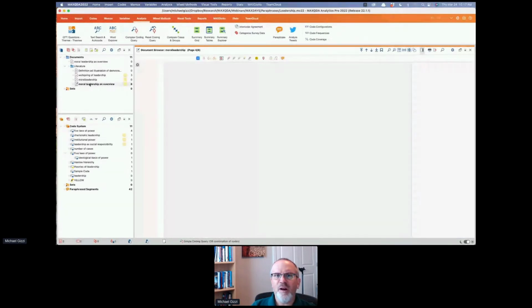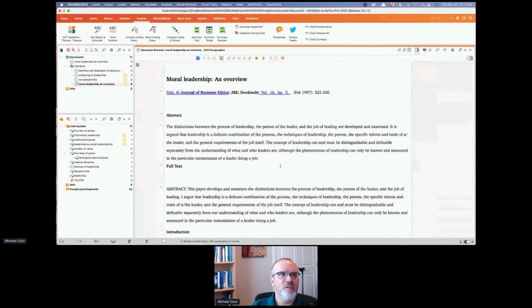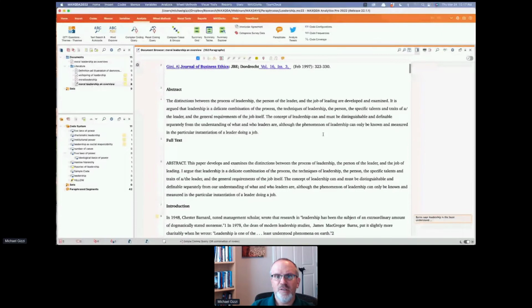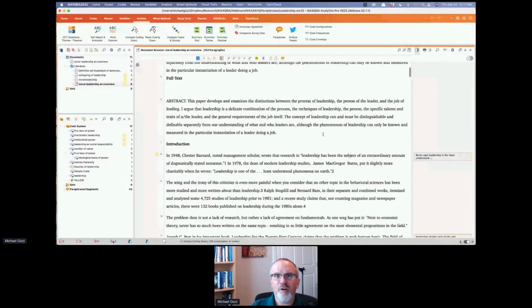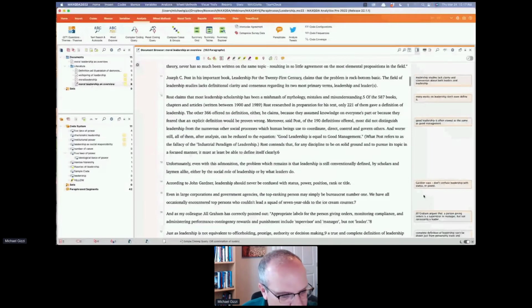How do I view paraphrases? Well, the first way of viewing them is by using the document browser like this. And you'll notice as long as paraphrases, I'll make sure memos are on as well. As long as paraphrases are on, I can see them. If they're not on, I go right click, paraphrases. If I don't have the sidebar, just click the sidebar. You'll notice there's a memo here and then a series of paraphrases. That's one way. You can view the sidebar.